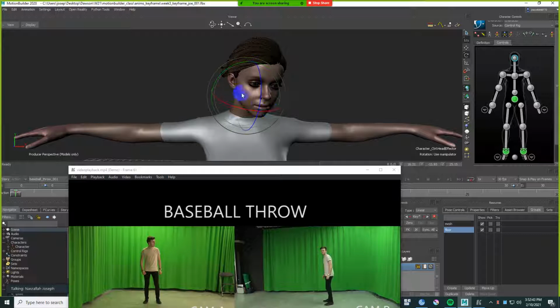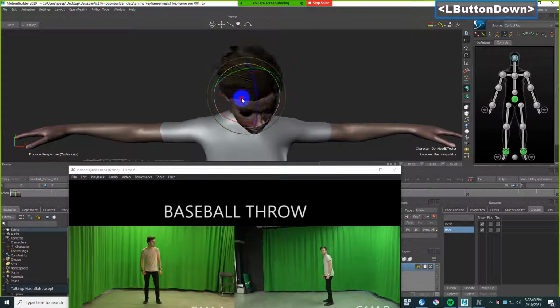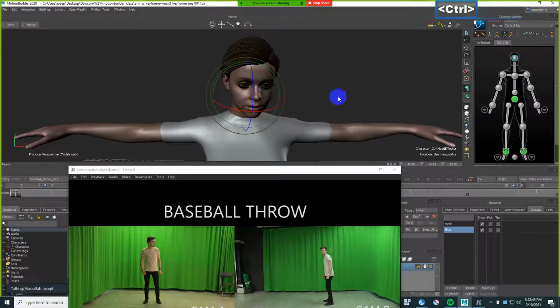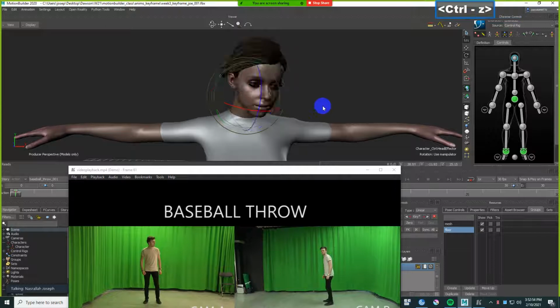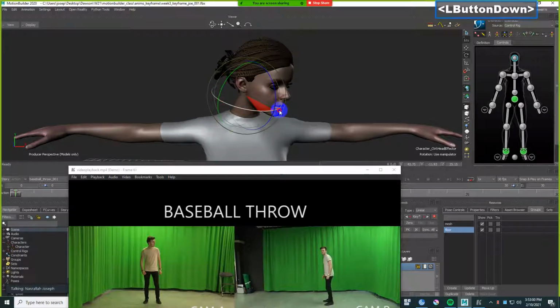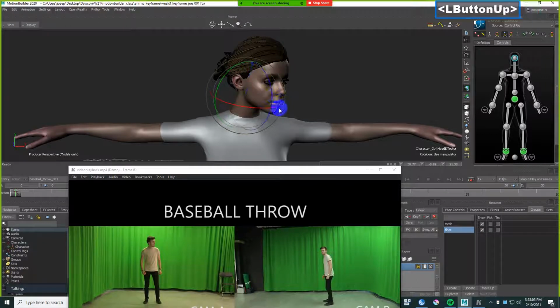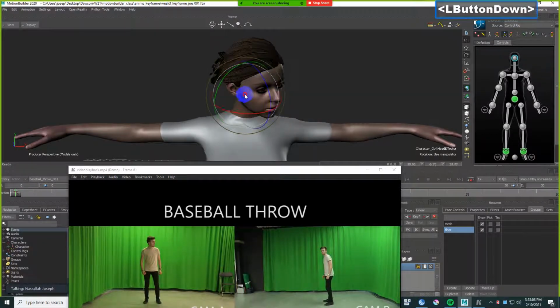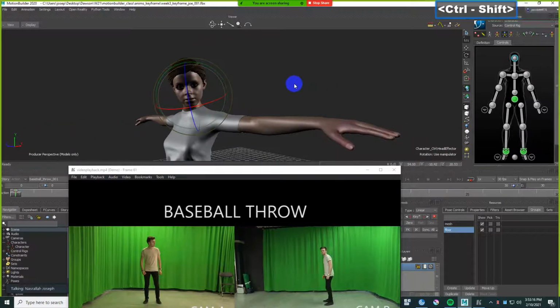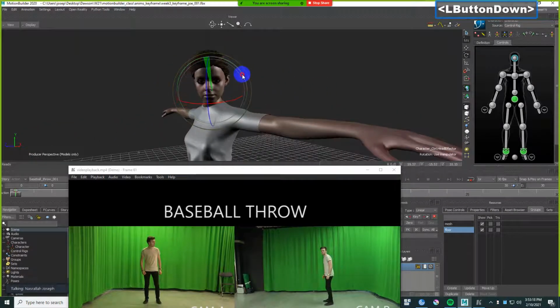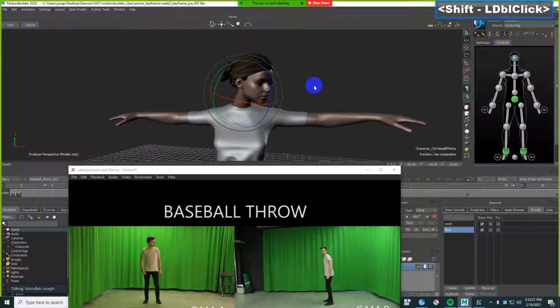So if you notice too, I'm not rotating all the axes at the same time. I like to do one by one to get the pose that I want, because this way if I make a mistake, I just click undo, and I go back only one axis at a time. Some people like to try to get the rotation in one shot, but in most cases, you're gonna have to do a couple of passes. So this doesn't look that bad. Press key again, okay,